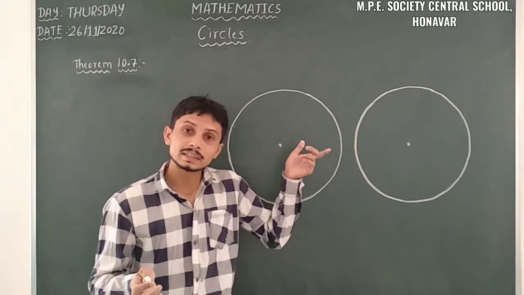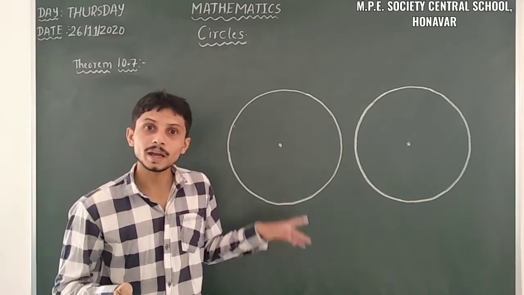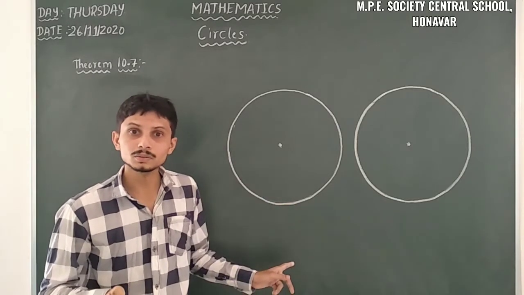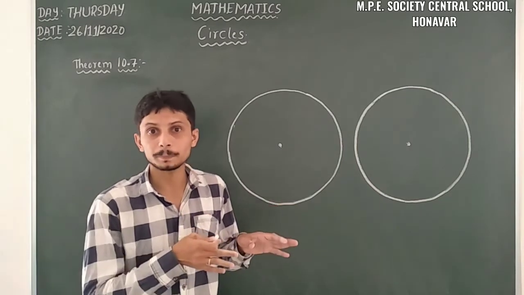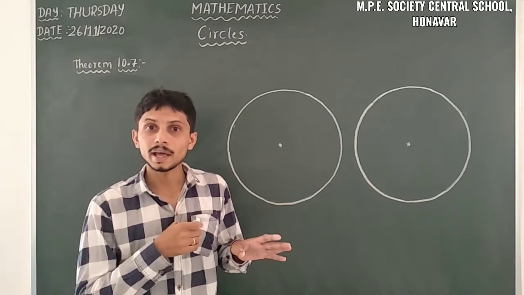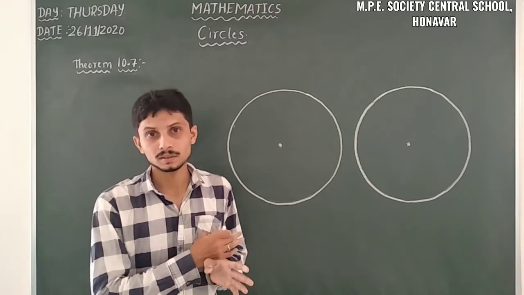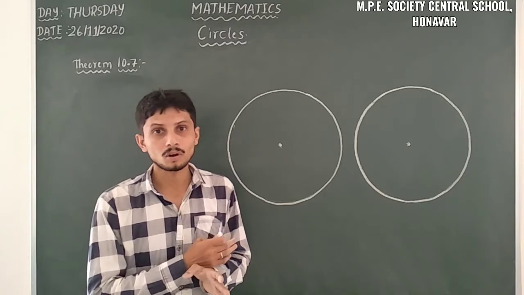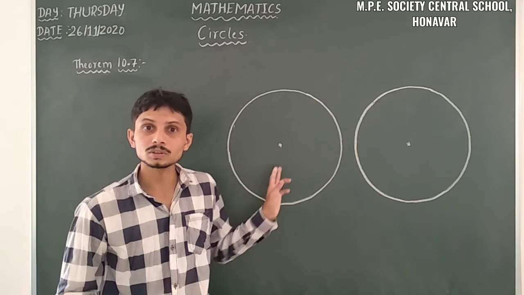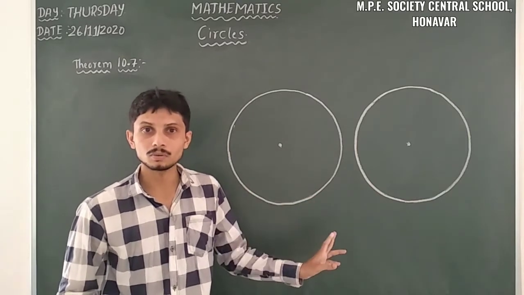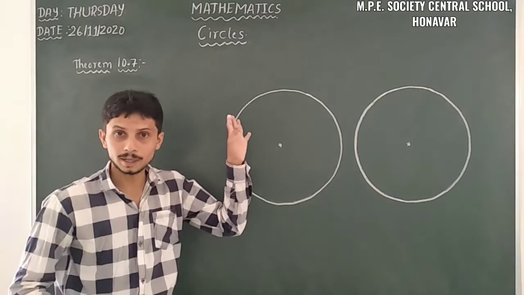That means initially we have to take the perpendicular distance. After that we have to draw the chords passing through that endpoint, perpendicular to the line passing through the center of the circle and the midpoint of the chord. Then we measure the lengths of the chords. Those two are equal, and we have to prove that.